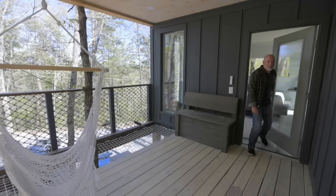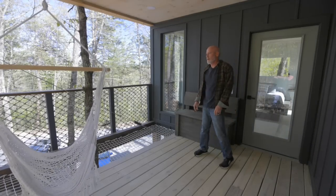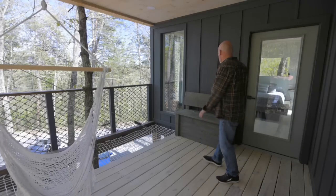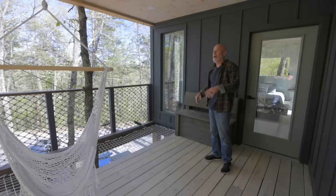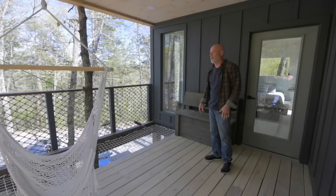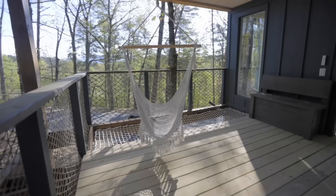Okay, we're on the private deck of the master bedroom. This is a fun space we really enjoy. You're able to come off your master bedroom and just have your own little space up here. And again, enjoy the environment, enjoy where you're 23 feet, 25 feet in the air. And we have our own little hammock. We have our own little